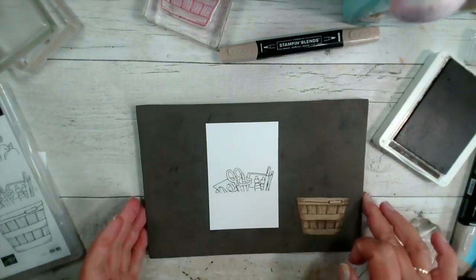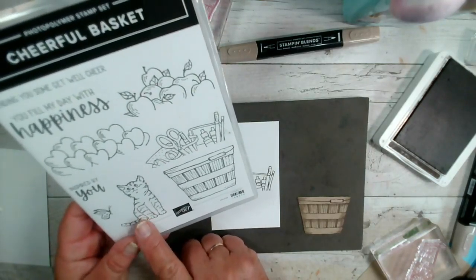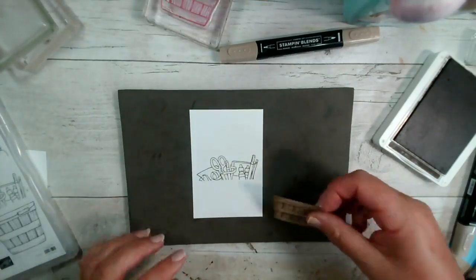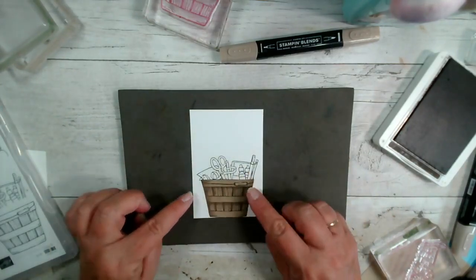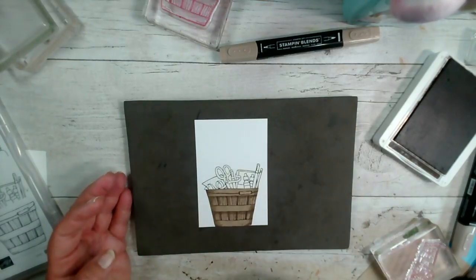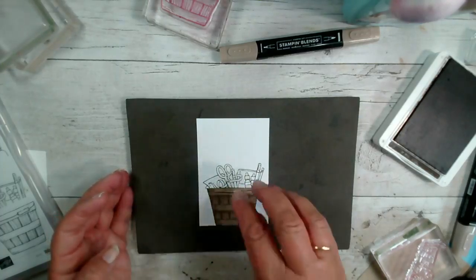Morning, Sarah, and actually add this little cat to my basket in one of our lives later this week. So there's my basket, barrel, whatever. Now you can put anything in here. So what I would recommend you do is have a look through your stamp sets and see what else you could put